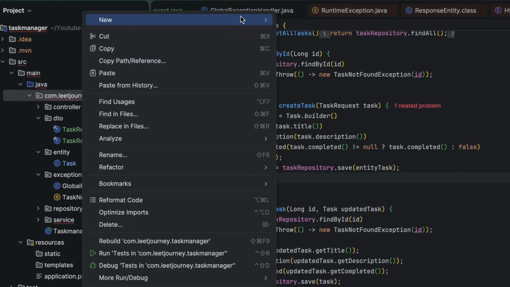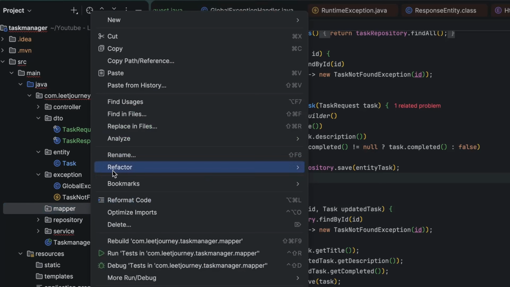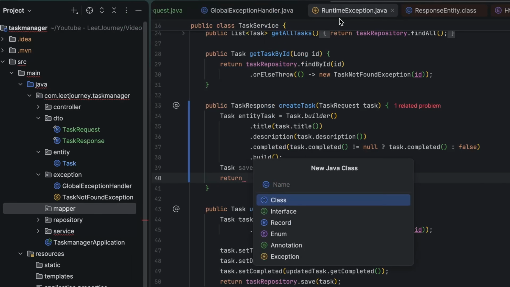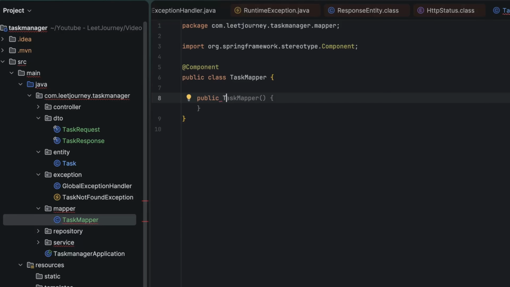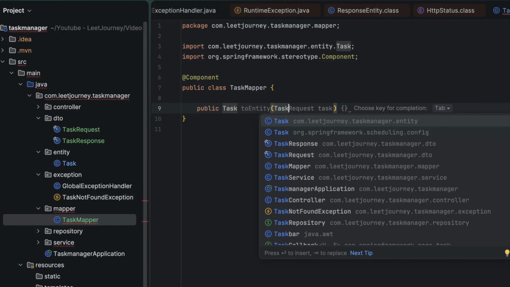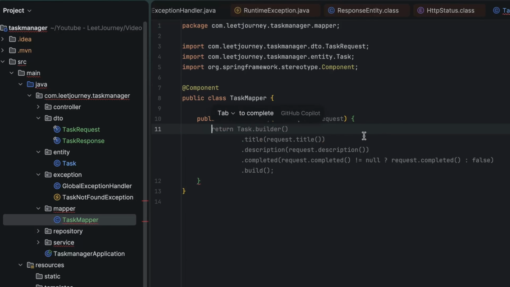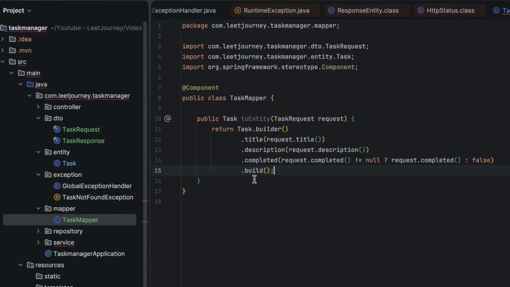So let's create a new package called mapper. In here we want to create a new class called TaskMapper. This is a component. That way Spring Boot is going to be automatically managing this bean for us, and we simply want to do public Task toEntity. As input, this is gonna get a task request, and this is what we did earlier in the service class, but this way we're gonna be using the mapper so that this is well defined somewhere else in our mapper